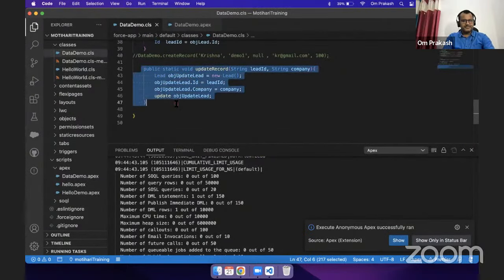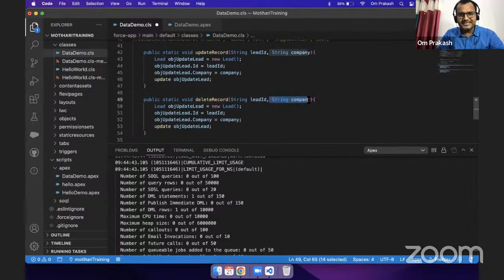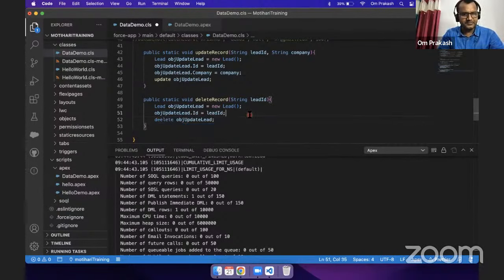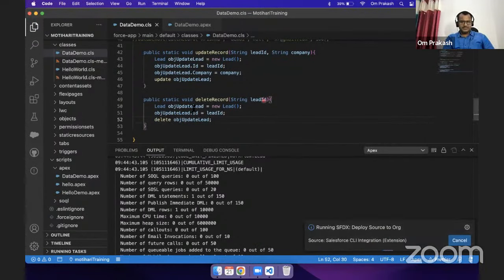Okay. Now, very quickly, let me cover one more thing. I'm going to copy this method. I'm going to paste here. I'm going to put delete record. Delete record. And for record deletion, we just need record ID. Okay. So here, delete record. We need this. Then we need ID. We don't need company. And now you understand कि okay यहाँ पर क्या करने वाला हूँ. शायद वही जो आप सोच रहे होगे. अगर नए हैं तब भी आप सोच रहे होगे delete record. Delete. Let me deploy this. You understand? I'm taking this in fast